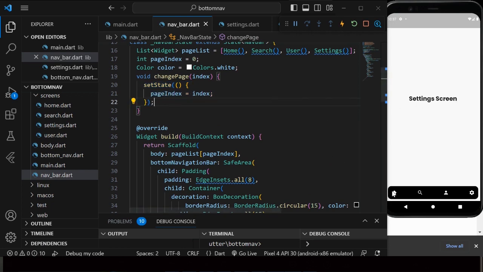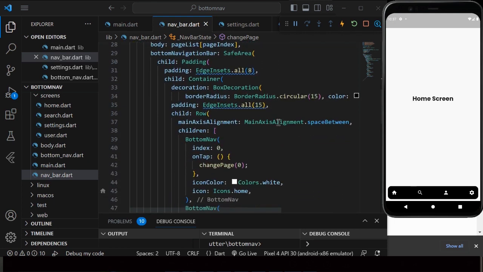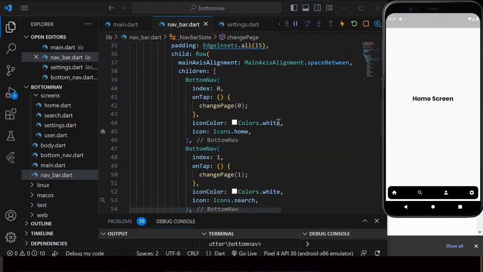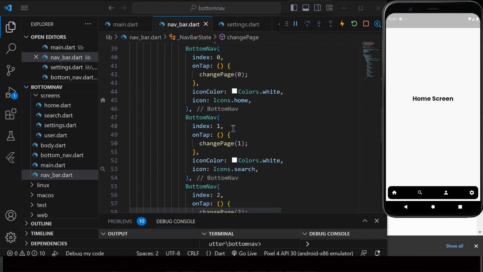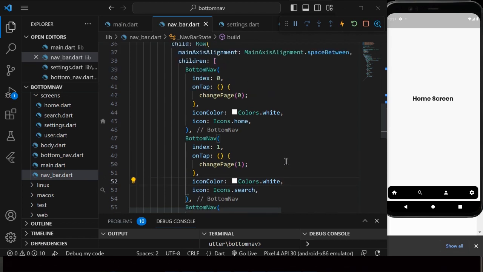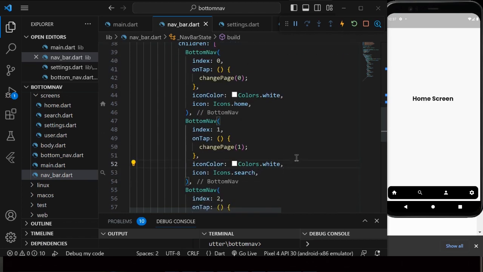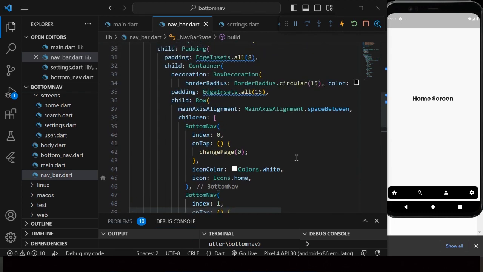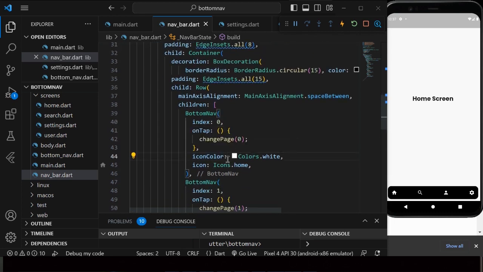Okay. Lastly, we have to add a color to the current tab. In other words, we want to know the active tab. To achieve that is quite easy. Currently all icon colors are white. So we just check the particular index and then we assign color based on index. So we're going to use a ternary operation like this. It's going to be page